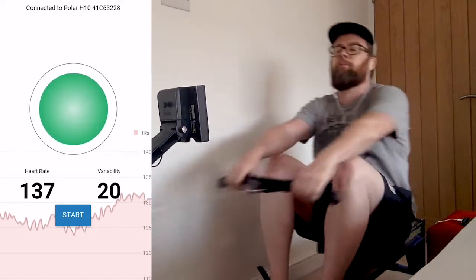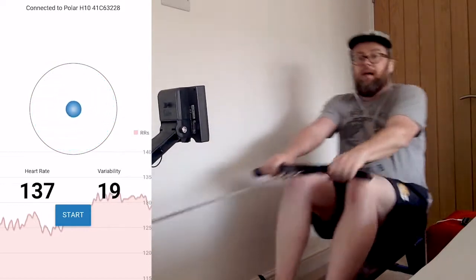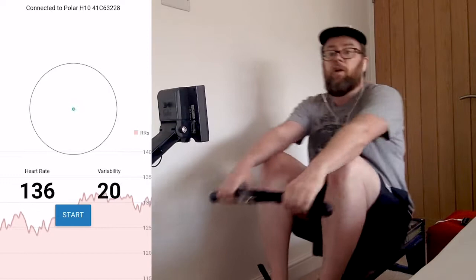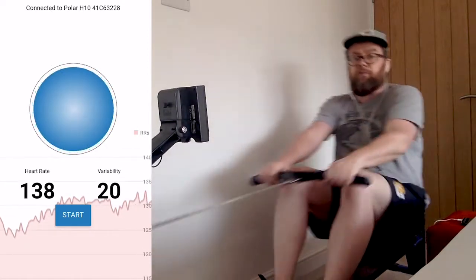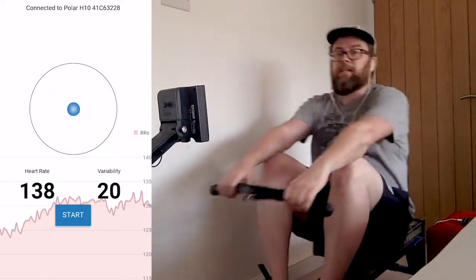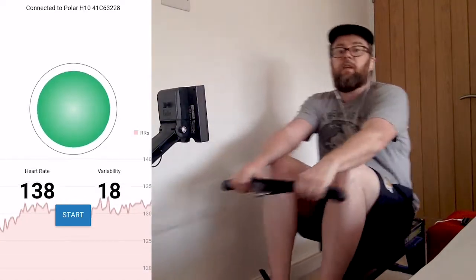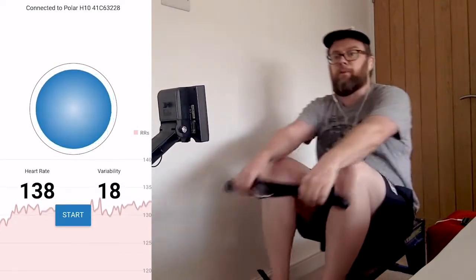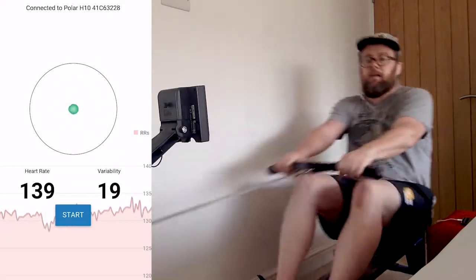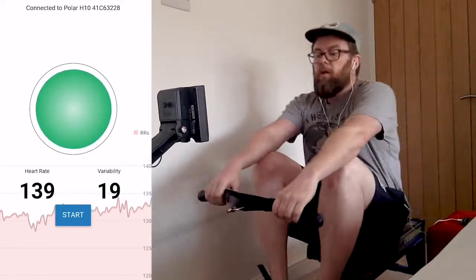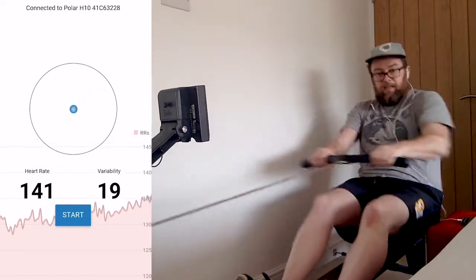Have a look at that red line, which corresponds to rapid changes in my heart rate. You'll see that it's kind of increasing to correspond with my increasing heart rate, but the line itself is much less variable, corresponding to less heart rate variability, which is absolutely normal to have less variability, as